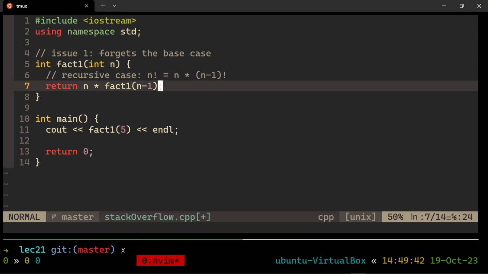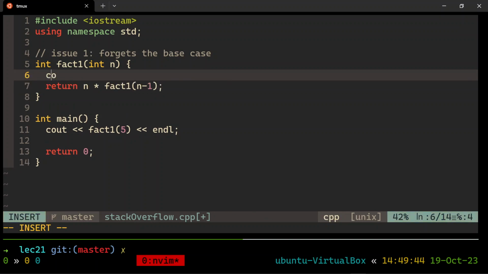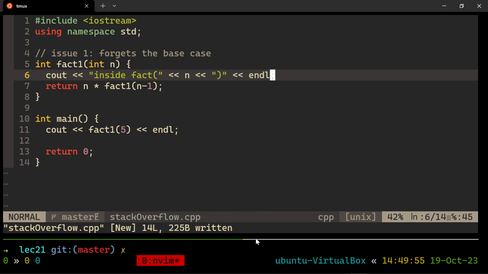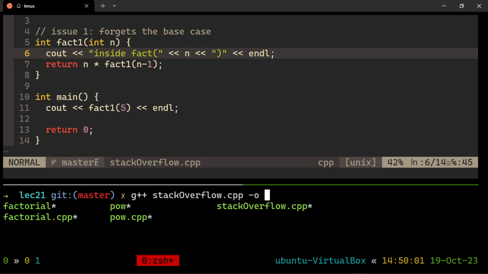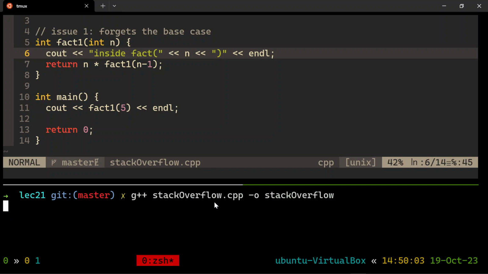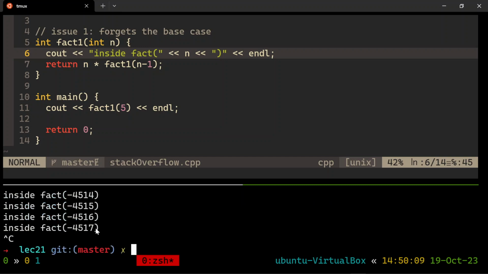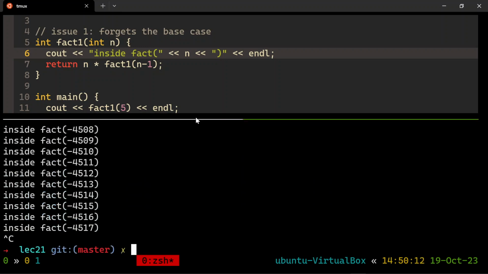So that's a problem. For fun, let's print out as it's calling itself. Cout inside fact of what? Let's print our n, and a new line. Just to watch it blow up. It'll be fun. So here we go. It's going to call itself. g++ stack overflow. And if you're fast, you can stop it before it stack overflows, maybe. So I'm calling fact of 5. I'm going to have my finger on Control-C. Cool, I got it before it stack overflowed,